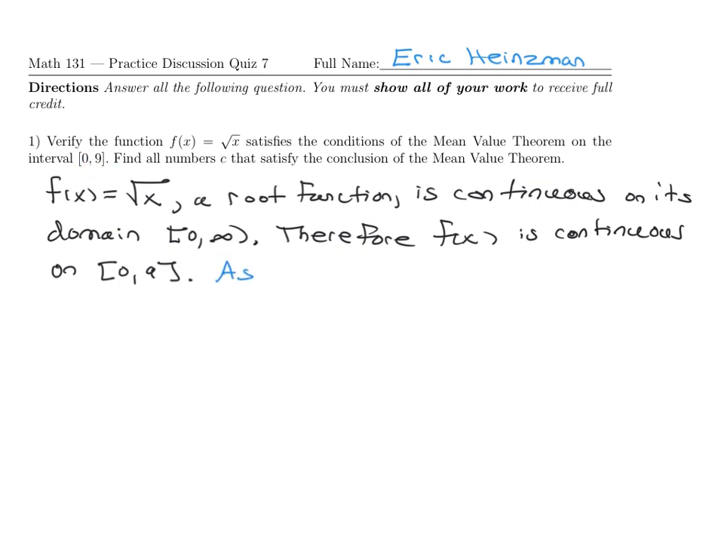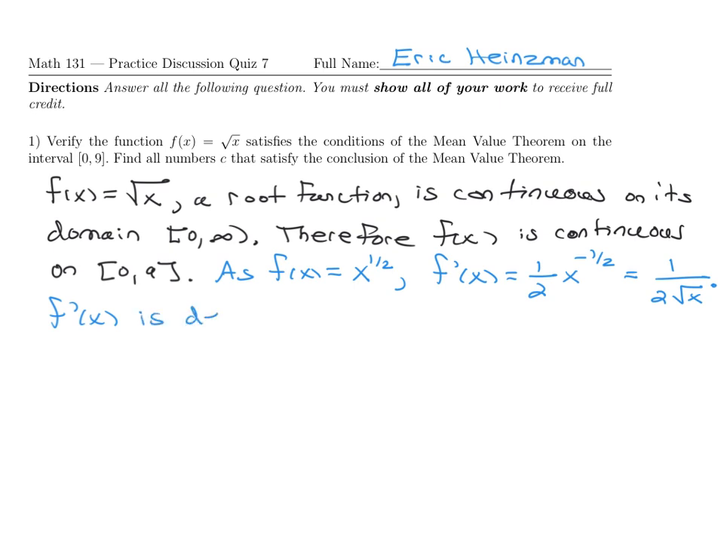I'll say as f of x is equal to also x to the 1/2 power, the derivative f prime of x is equal to 1/2 x to the negative 1/2. This is the same thing as 1 divided by 2 times the square root of x. So f prime of x is defined on the interval from 0 to 9, not including 0 or 9. And so f of x is differentiable